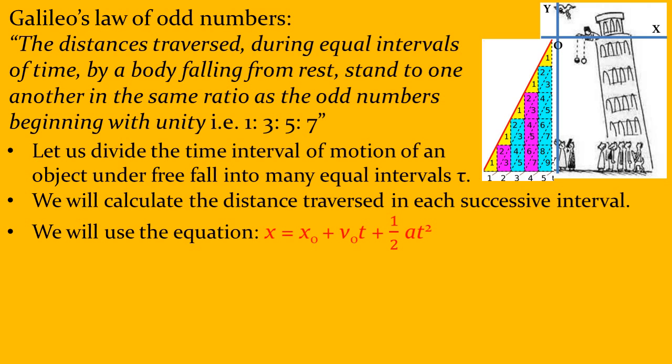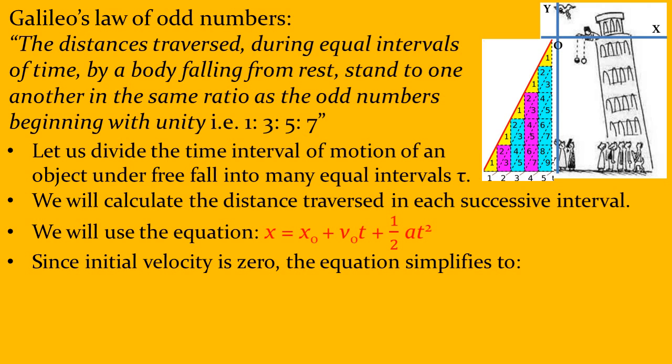Now what is the kinematic equation we'll use here? I want to find the distance traveled. So I must use a position equation: x is equal to x naught plus v naught t plus half a t squared. If I send this x naught here, what do I have? x minus x naught. And x naught, or y naught in this case, is the starting position. So x minus x naught, or y minus y naught here, gives us the distance traveled.